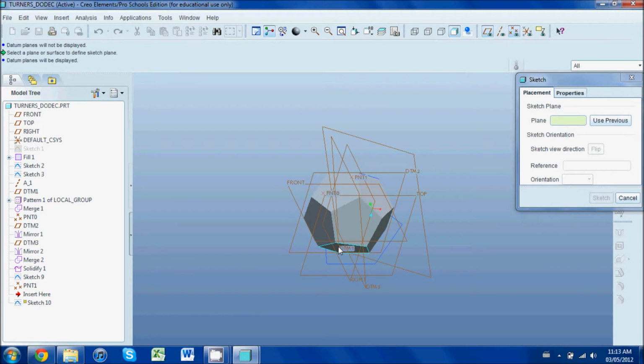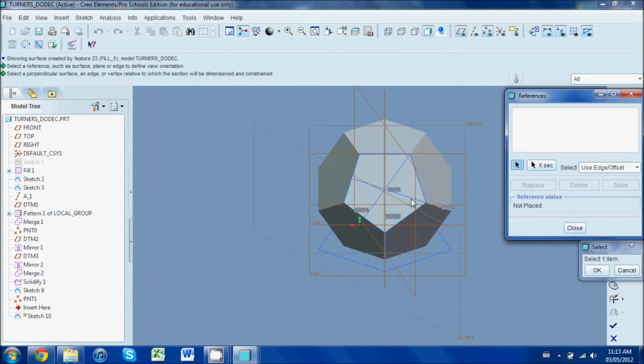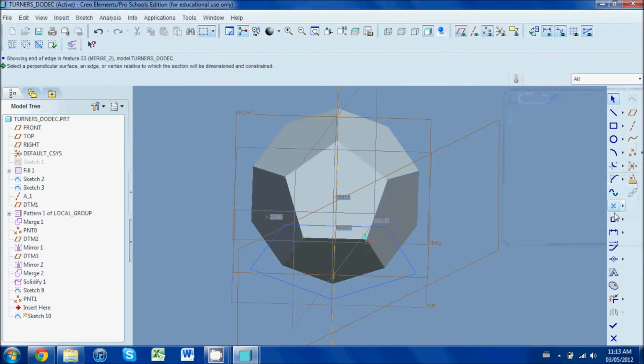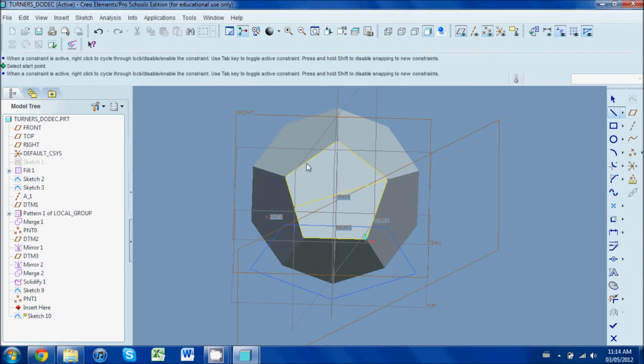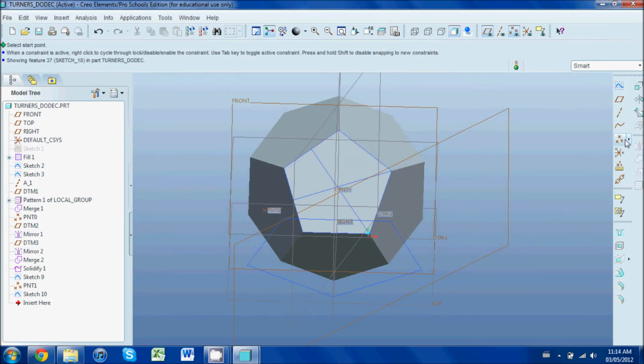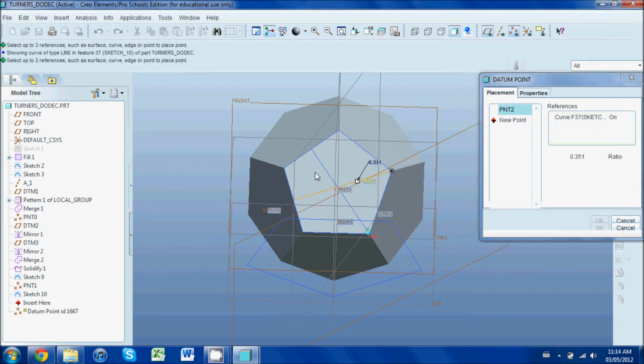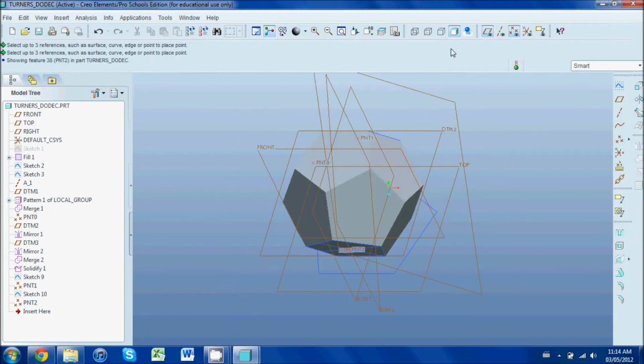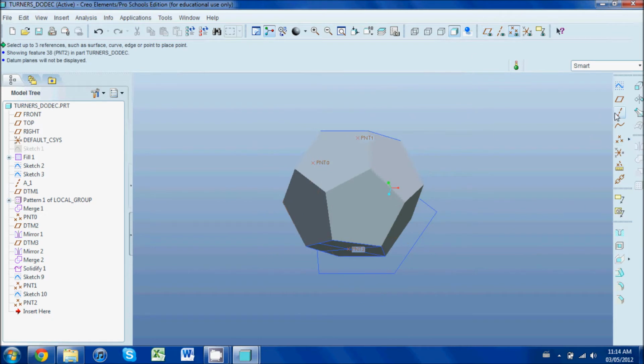So we'll turn those back on, select this, select OK, and we'll pick this datum. And now it looks like we're drawing on this side again, but we're not. We'll be on the other side. Insert another point between that line and that line. Click OK. So now what we can do is, using those points alone, we can go to axes, and we want